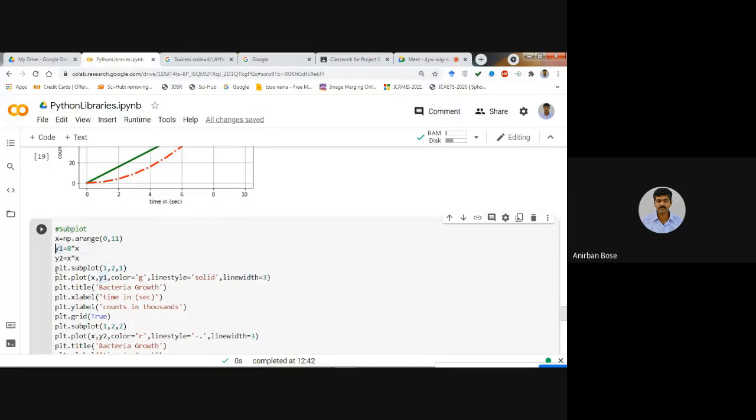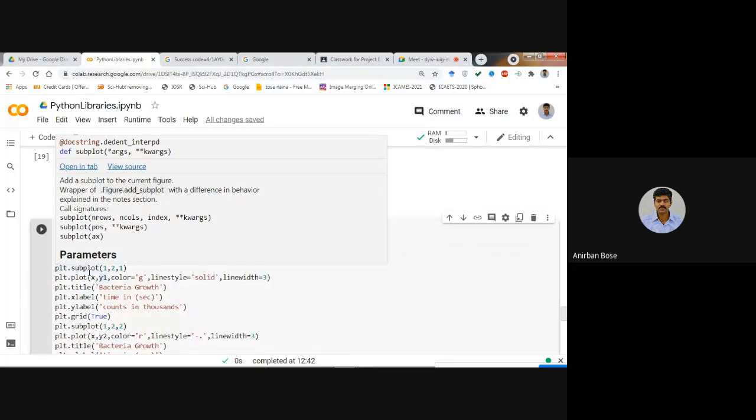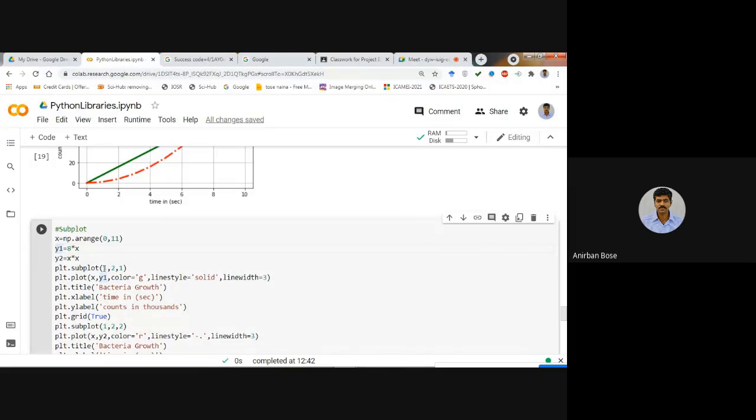And now you want to make the subplot. Subplot means what? You want to see 2 plots side by side. Okay, so in that case, what you do, that plt.subplot, then this part. But before that, let me